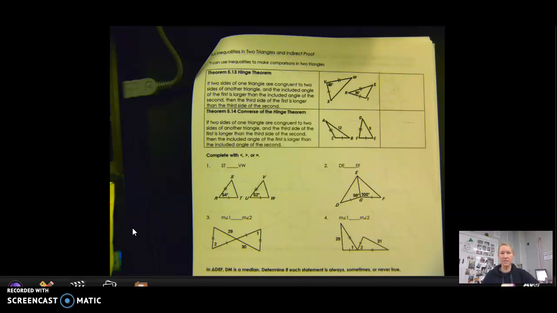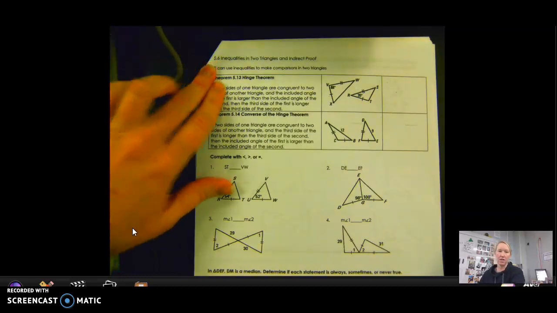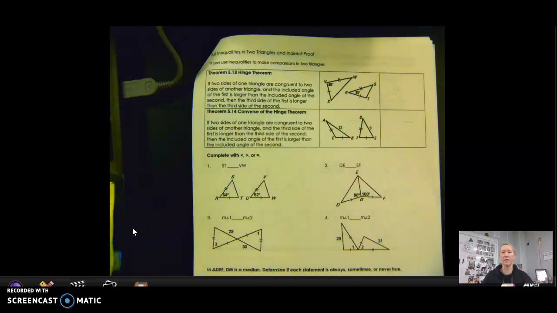Hey guys, okay, here is 5.6, inequalities in two triangles and indirect proofs. Okay, so first, the Hinge Theorem,